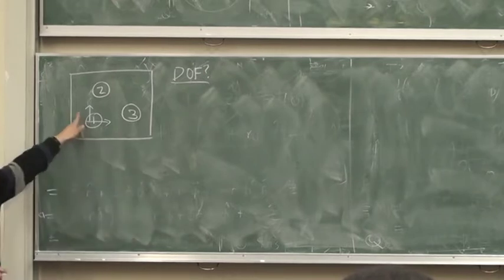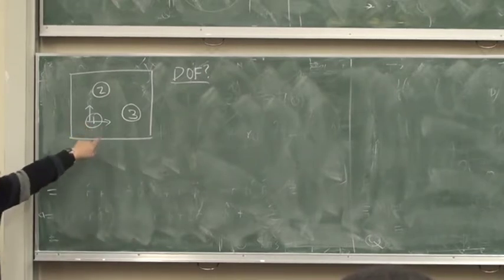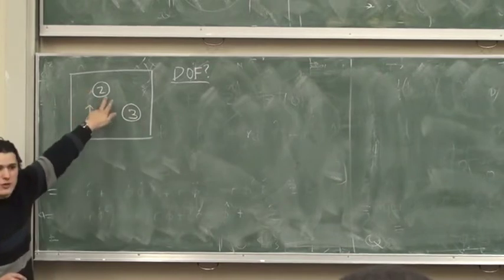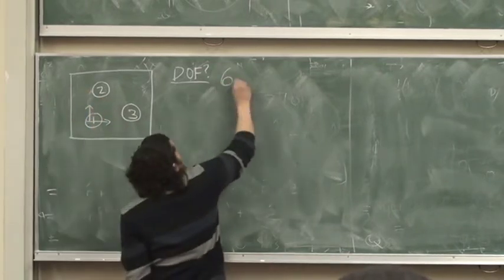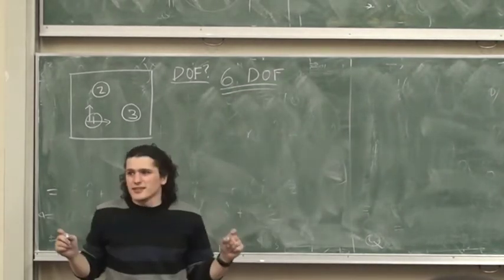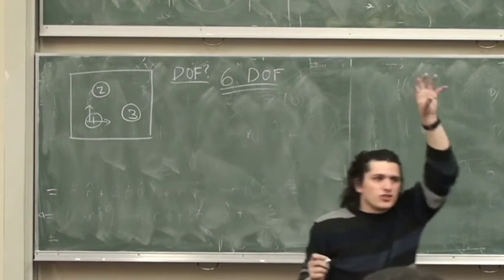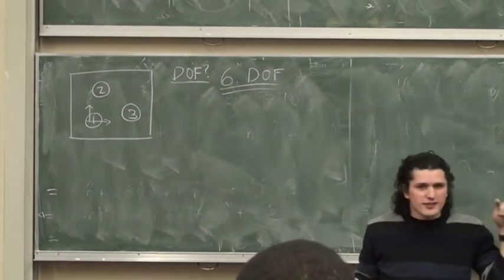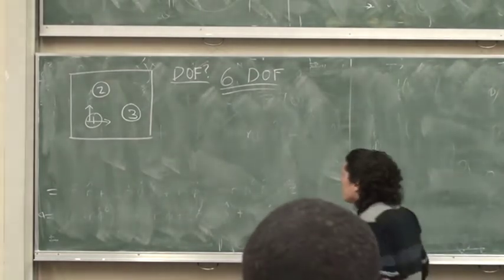So there's 1, 2 here for this one, 1, 2 for this one, and 1, 2 for this one. 6. Each particle can move in 2 different ways. 2 for each particle, they're independent, so there's 6 degrees of freedom. Now,